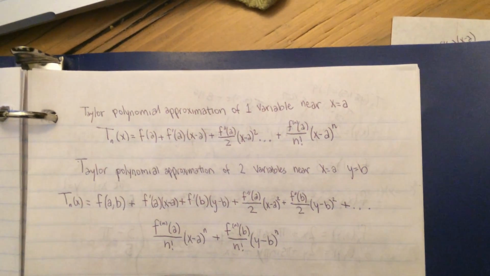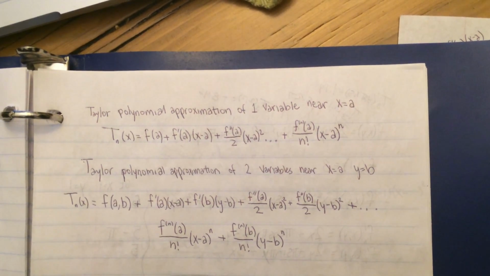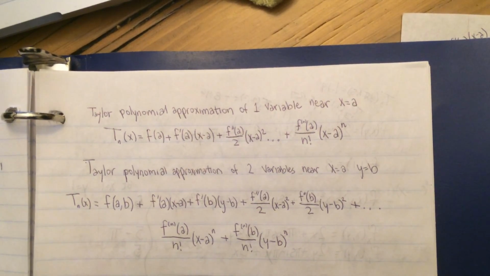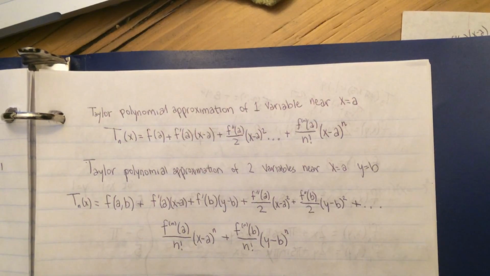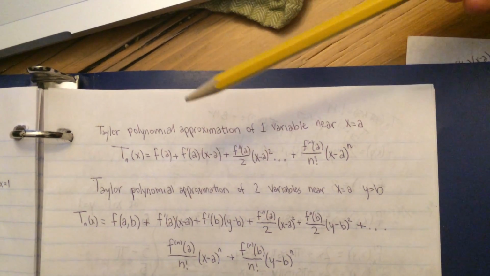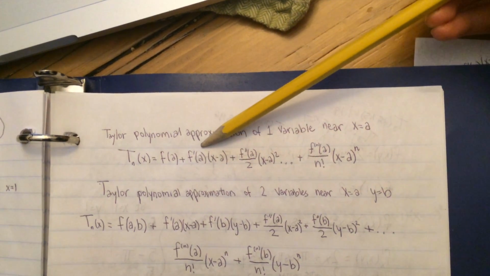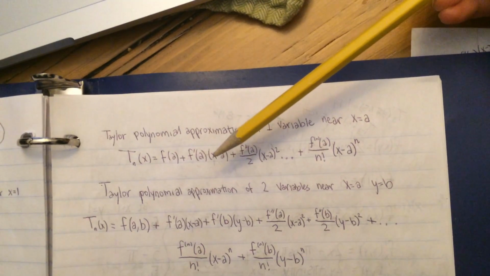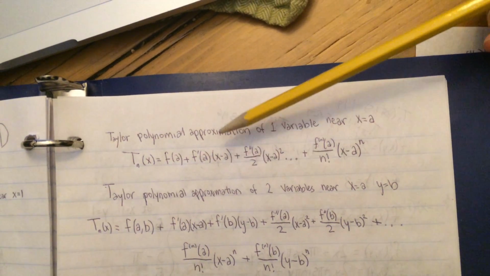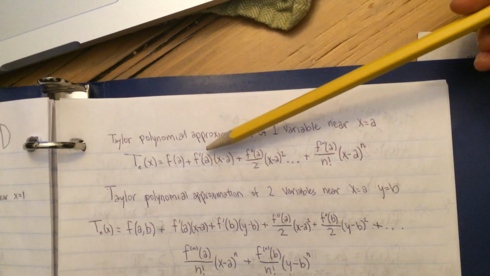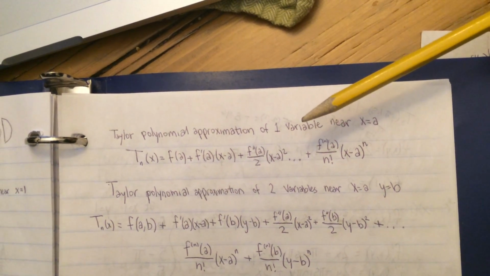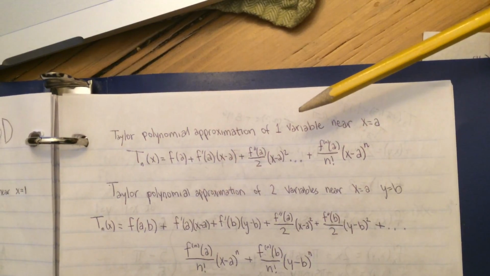So if you want to find the Taylor polynomial approximation of a function with two or more variables, you're going to basically do the same thing that you would for finding it with just one variable. The main difference you can see in the formulas is the derivative in front of each term. And the reason why the derivative is different is because for functions of one variable, the output is only changing